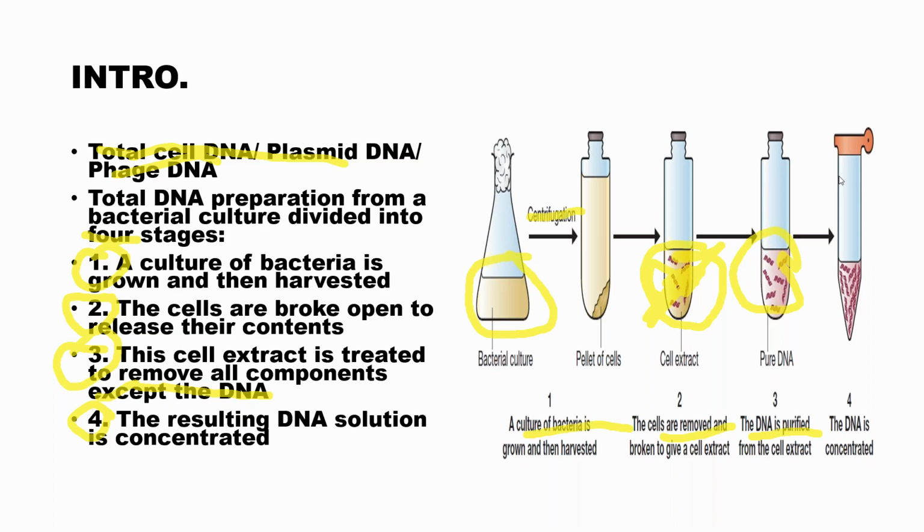Required concentration is most important because once we isolate the DNA, purify it, and concentrate it, only then can we pass to the next step. So what do we have to do? We have to concentrate it because we have to get it in the desired proportion. It must be pure and concentrated.